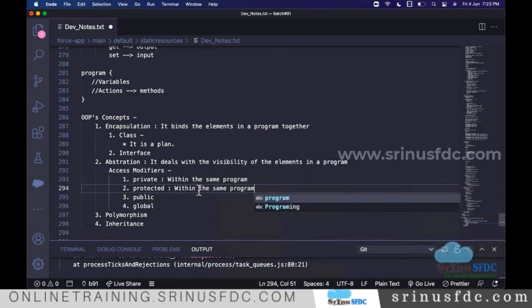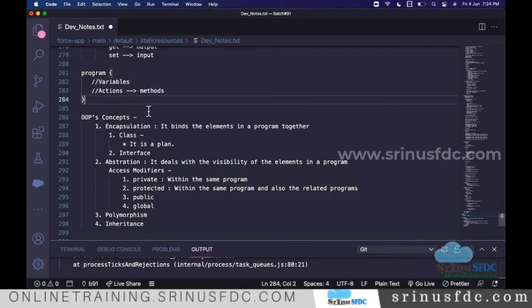Within the same program, and also the related programs. Sometimes we have friends and relatives. When they come to our house, they can use the hall, right? So we ask them to sit in the hall. Relatives, friends, everyone, whenever they come, they will use the hall in that apartment. So that is like protected. Relatives and friends can access that part. In the same way, when you have a program, protected means within the same program, and also the